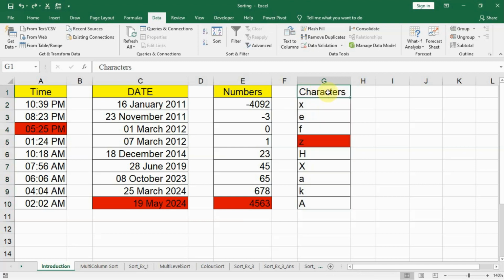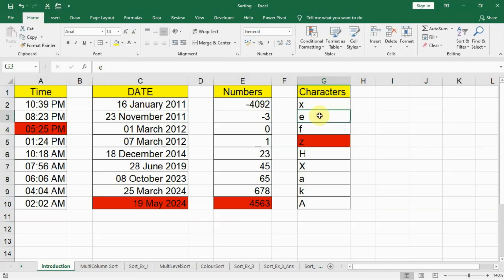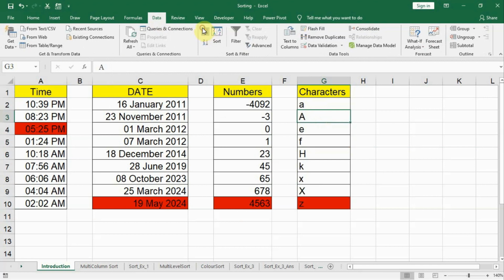What we will do is differentiate it from the others. Let us fill this cell with a yellow color, and let us try sorting again. We go to Data and click on A to Z. Now that it is a different color, Excel identifies that this is quite distinct from the other cells and can be treated as a header cell. Excel did this automatically and it sorts the other data.